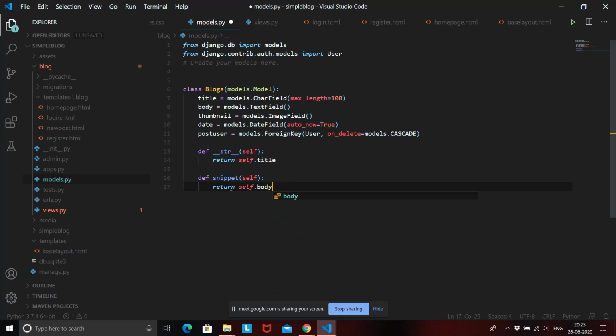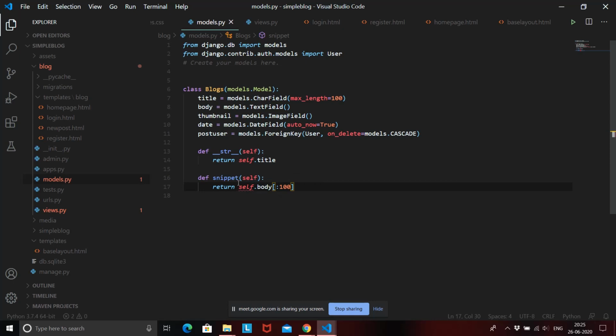We have seen how we can slice a string, right? We have seen slicing a lot in our Python basics course, by giving the indices. So let's give an index for the body which will slice it to the first 100 characters. If I don't give the lower range, this will automatically take it as 0.